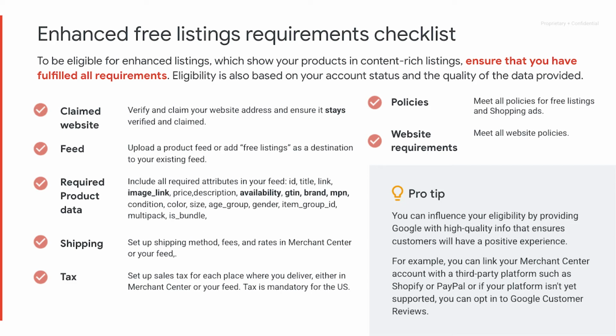Keep in mind that eligibility is also based on your account status and the quality of the data provided. You can influence your eligibility by providing Google with high-quality information that ensures customers will have a positive experience.